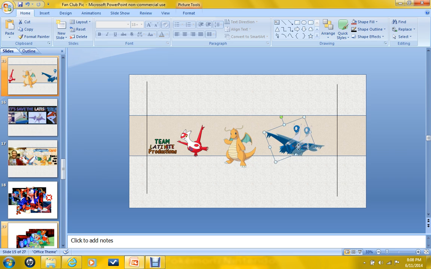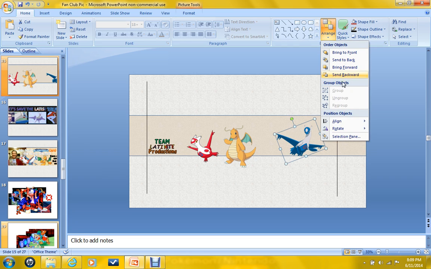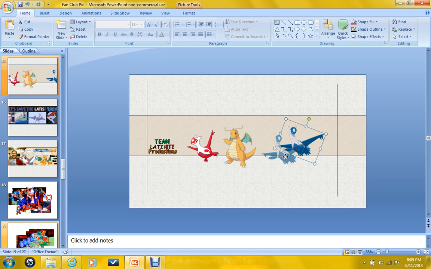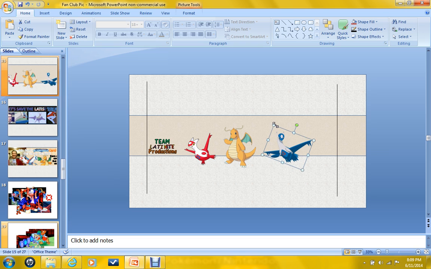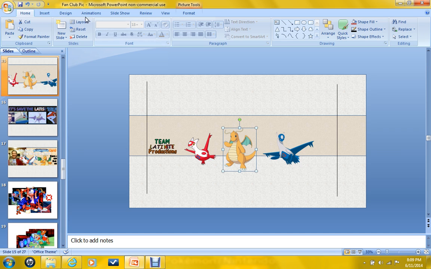Alright, so what I'm gonna do is I'm gonna first switch Latios around and make him look the other way. Yeah, there we go. I should probably make Latios a little bit bigger because he's almost the size of Dragonite, not really. So what I'm probably gonna do is make this the most basic channel art you could possibly make. I'm not gonna permanently keep it like that, but